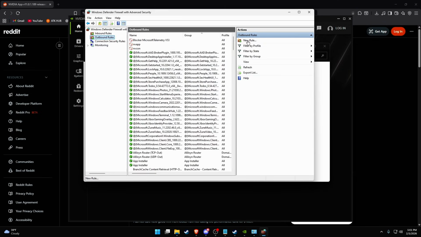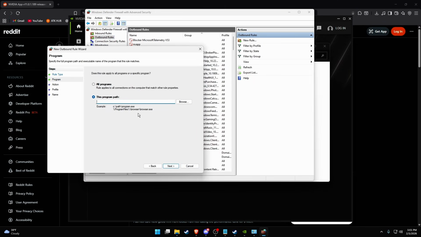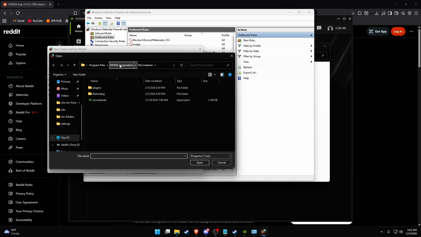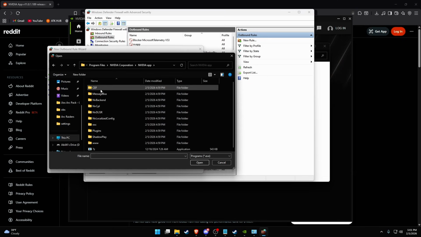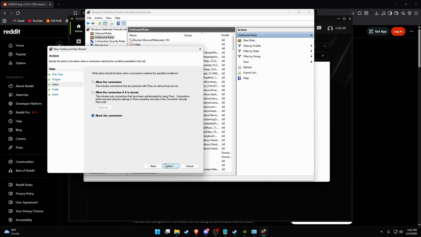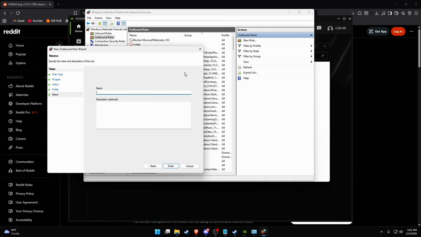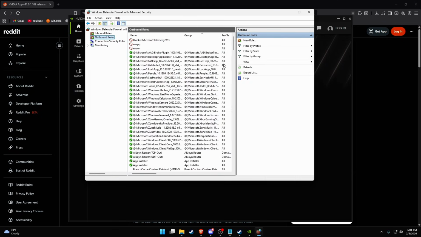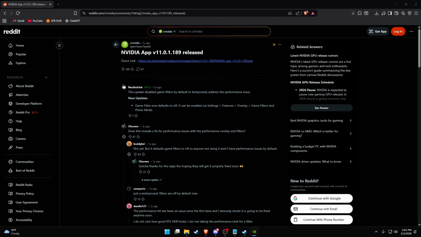And then again, we need to go in here, program path, and we need to block the app as well. So just go halfway through with that. Block connection, next, name it Nvidia app. And once you have those blocked,